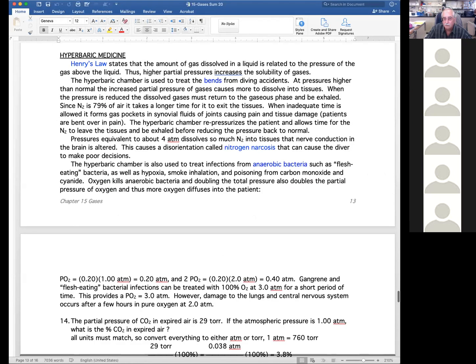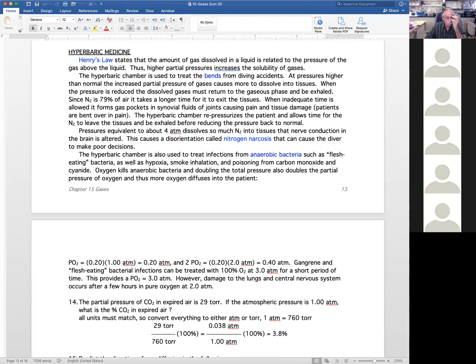Okay, so the last part of this chapter 15, not much mathematical, a little bit though. So I thought we'd talk about hyperbaric medicine a little bit. You know how it treats the bends for diving accidents. It can also treat